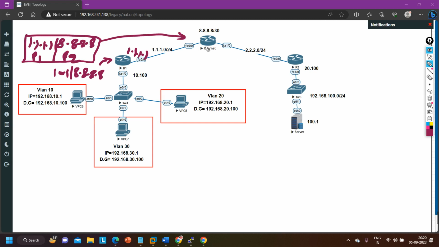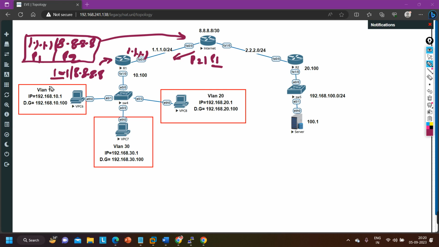Now when the internet router generates a reply, source port will be P2 and destination port will be P1. So whenever it receives a reply with destination port P1, this router will come to know that I need to translate the public IP address into what private IP address,